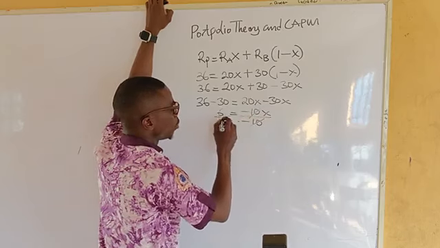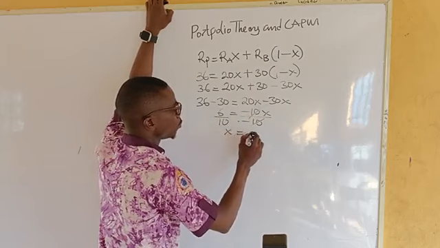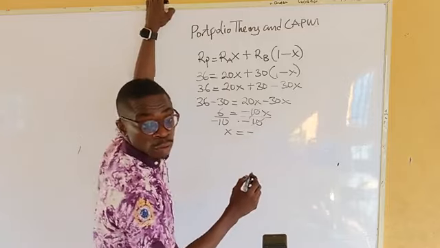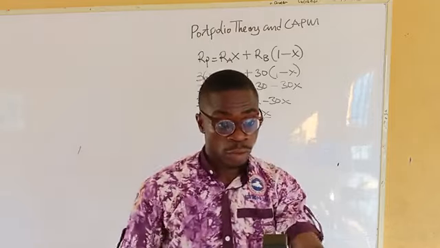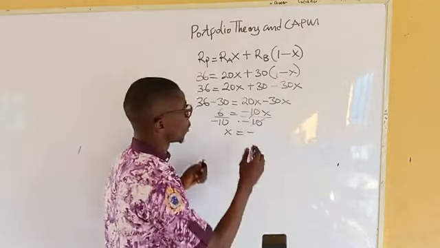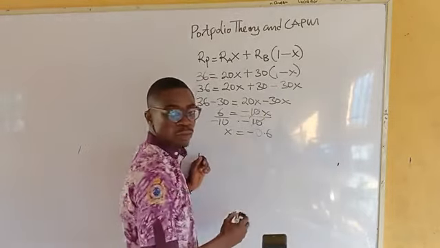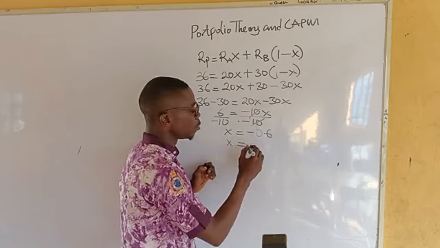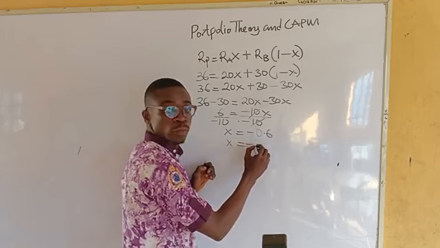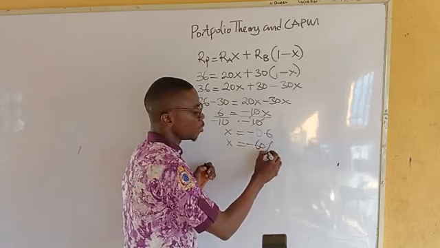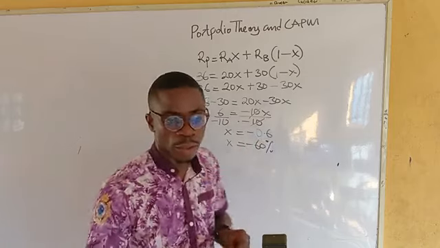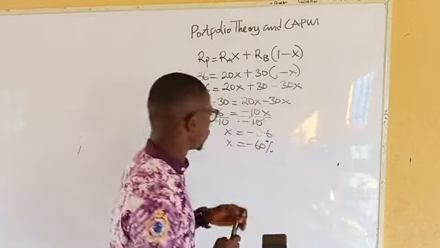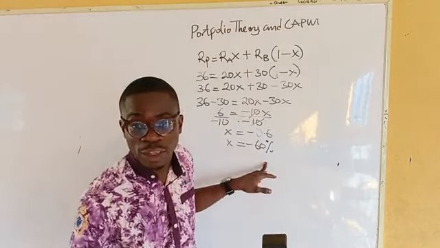So x is equal to what? Minus 6 over minus 10, which is 0.6. So minus 0.6 is saying that x is equal to minus 60%. What are they saying? What that person is saying now is that don't even invest in